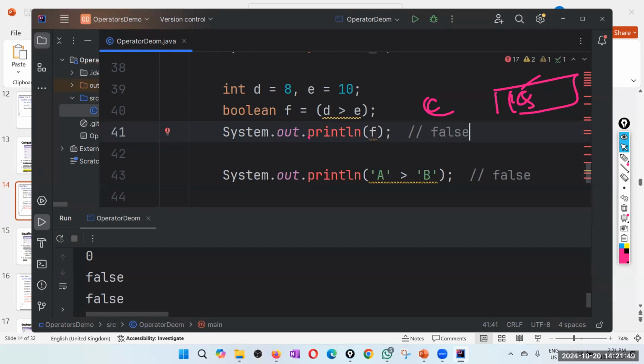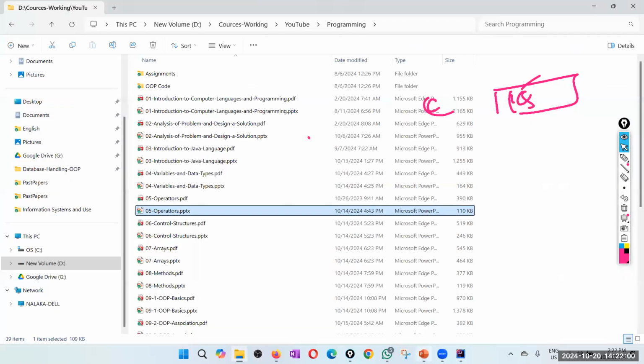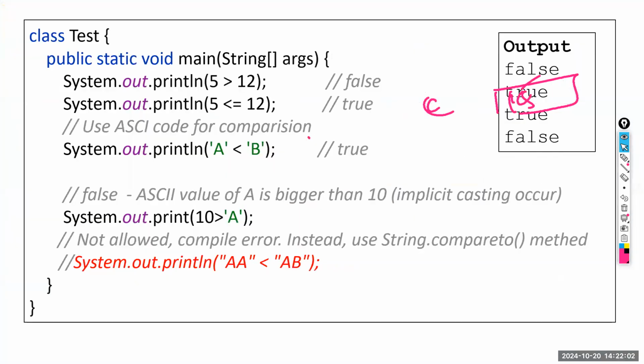Right. So those are called comparison operators. It works for numbers and characters. Okay, numbers and characters. Right. So those are comparison operators. So then we have